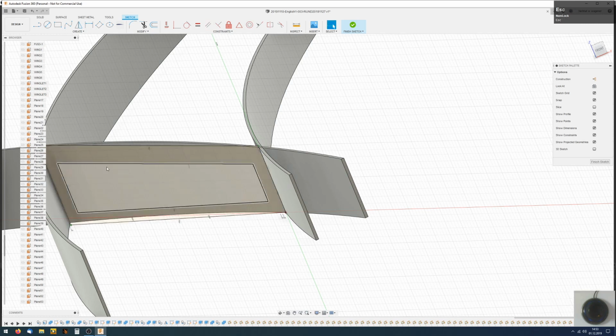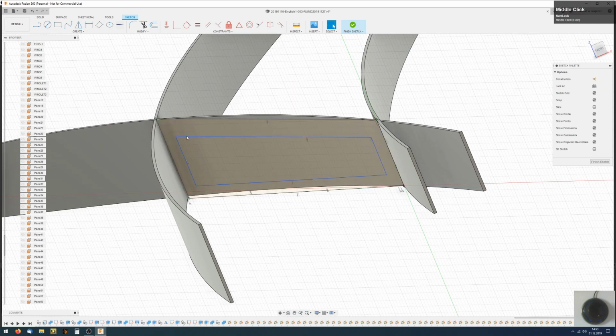Now I can define some parameters. So let's say 2 millimeters. This can be pulled in.